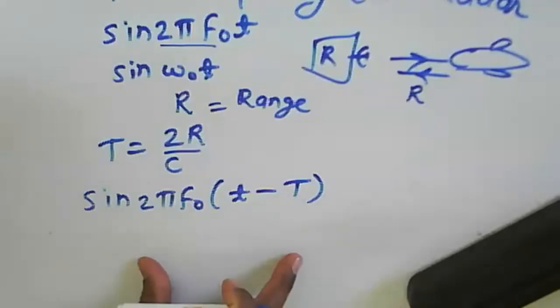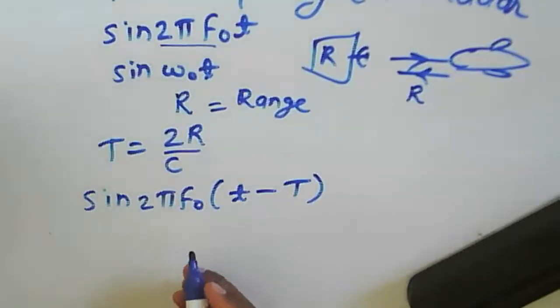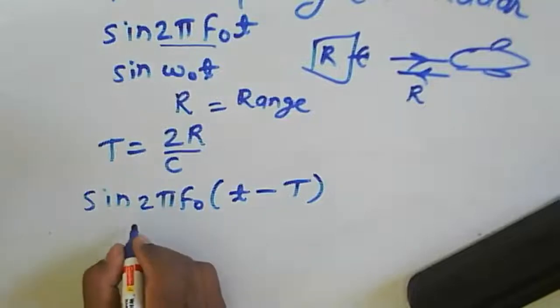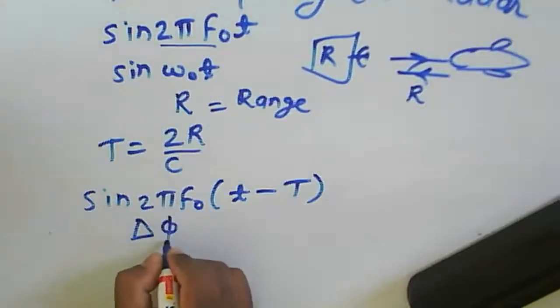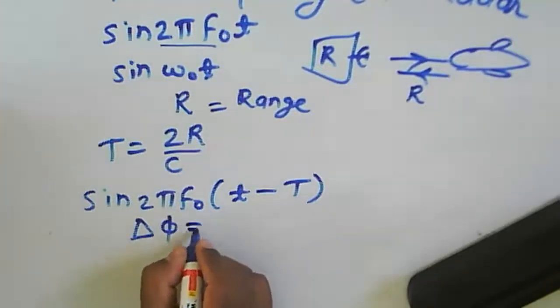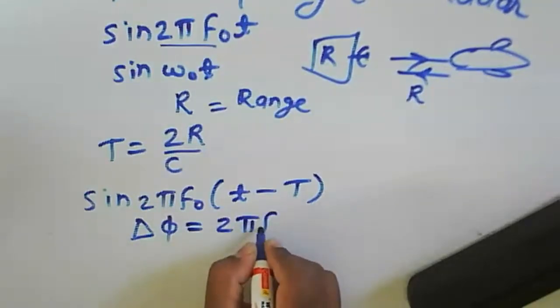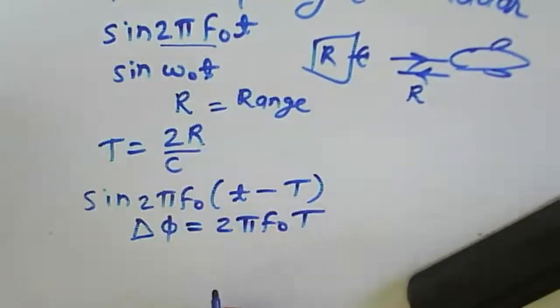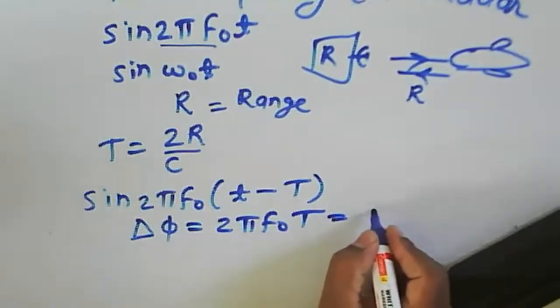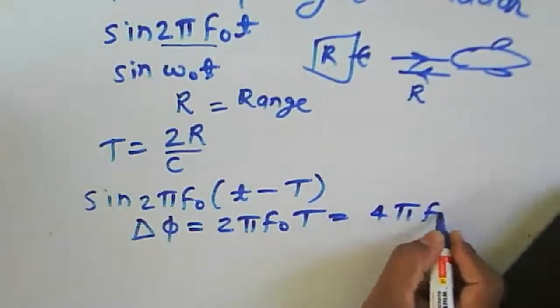From this we can find the phase difference for the echo signal. Suppose the difference in phase between the two signals is twice pi f0 t. In that case, it is equal to 4 pi f0